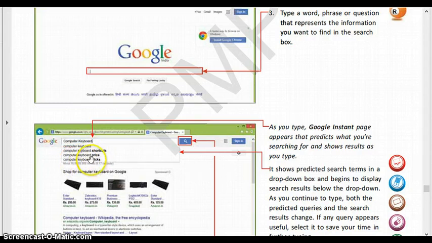If you find a relevant match, suppose you were searching for computer keyboard price, you can click on that and you need not type everything. But if you think it is not matching and you want to search something else, then you can complete this by typing your query.